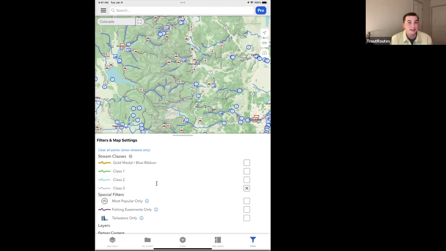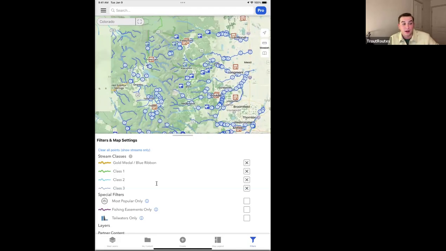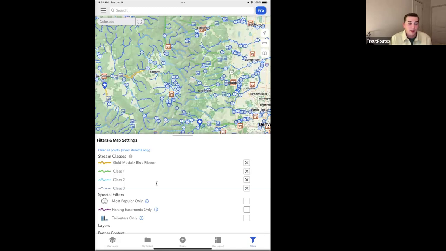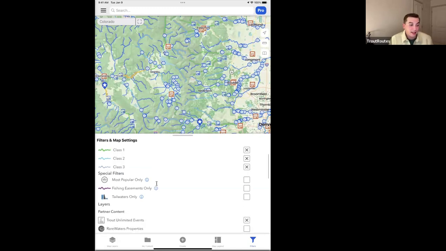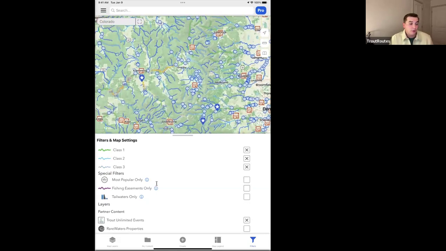So just know that, but this is a fun way that you can challenge yourself to explore new water by just selecting what you want to view in certain waterways that way. So a fun way to, again, tailor the map to yourself. So within those special filters, another couple quick, easy ways to see specific types of waterways is going to be